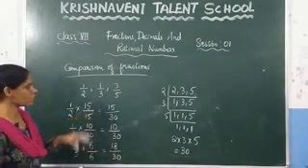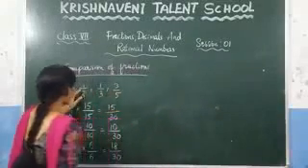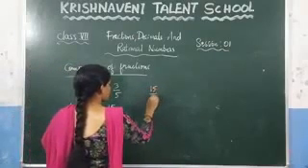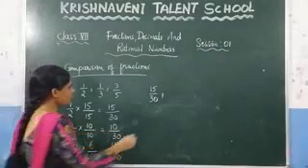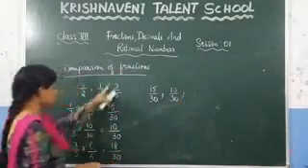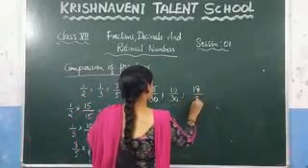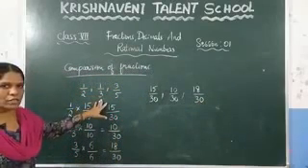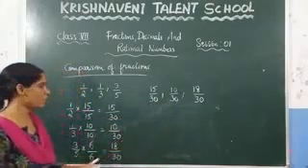Now you can compare these fractions here. In case of 1 by 2, what do we write here? 15 by 30. In place of 1 by 3, we can write 10 by 30. And after that in place of 3 by 5, you can write 18 by 30. Earlier the denominators were not the same. Now you can compare because the denominators are the same.